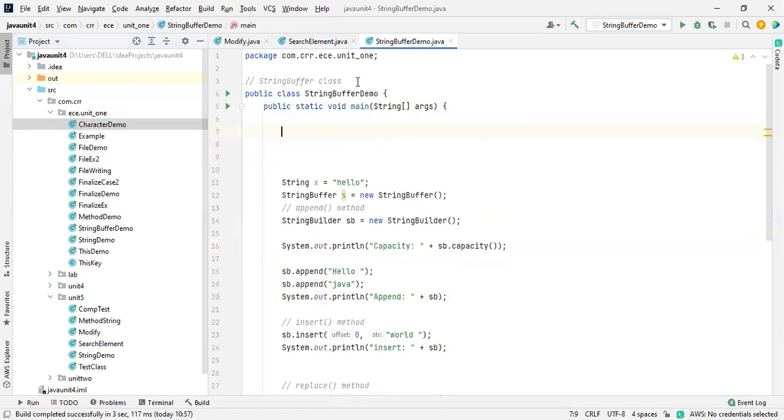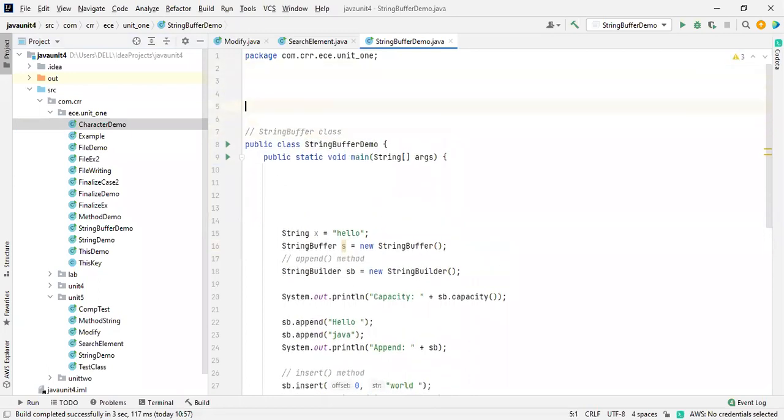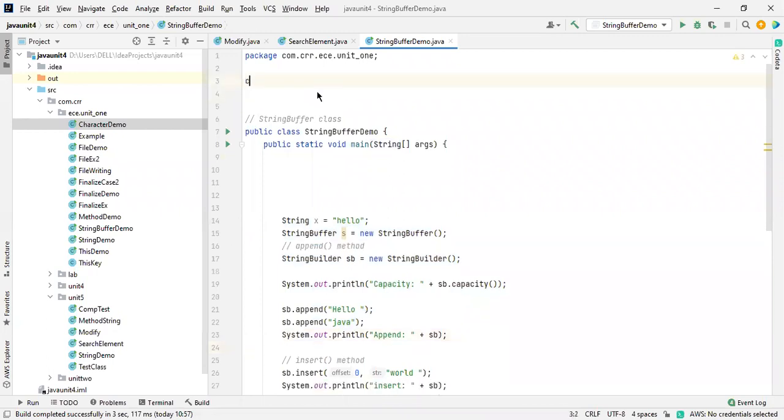So if you want to access anything outside the class, or anything without a static, you need to create an object for the class. How are you going to create an object for the class? Directly inside a public static void main. So if there is any class outside this class, I'm modifying it over here. Don't go for this code because this is your previous code. I don't want to delete this. I'm just creating one class over here.